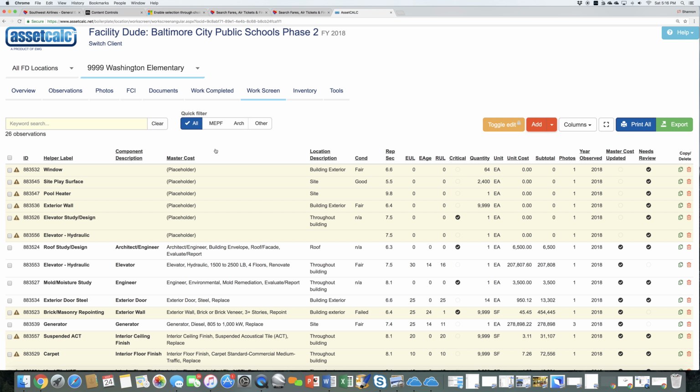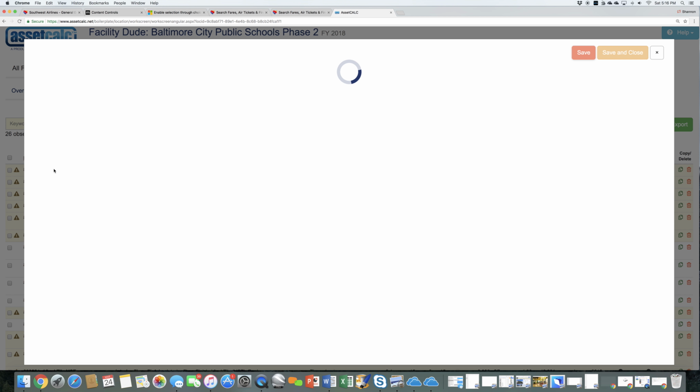So I'll do a couple examples here, maybe one MEP item and one architectural. Let's start with the architectural. For some reason, when we did the window, we didn't fully define it. We did call it a window, but we didn't go that extra step and use the drop down in Asset Calc Go. So not the end of the world. You can fully link it up here. Clicking on the window,